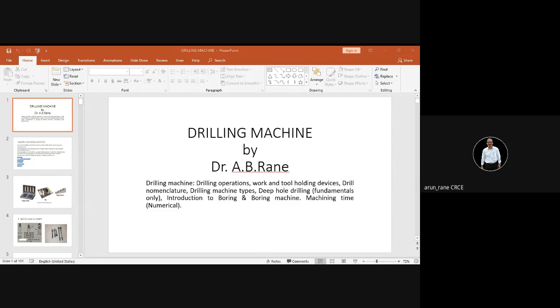Now V is equal to 25. So use the formula V is equal to pi d n upon 1000. So 25 is equal to pi into diameter of the cutter, which is 30, into n divided by 1000.